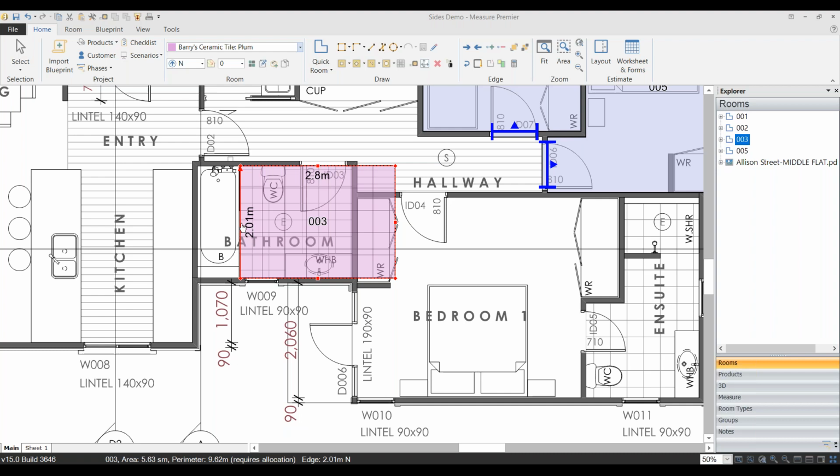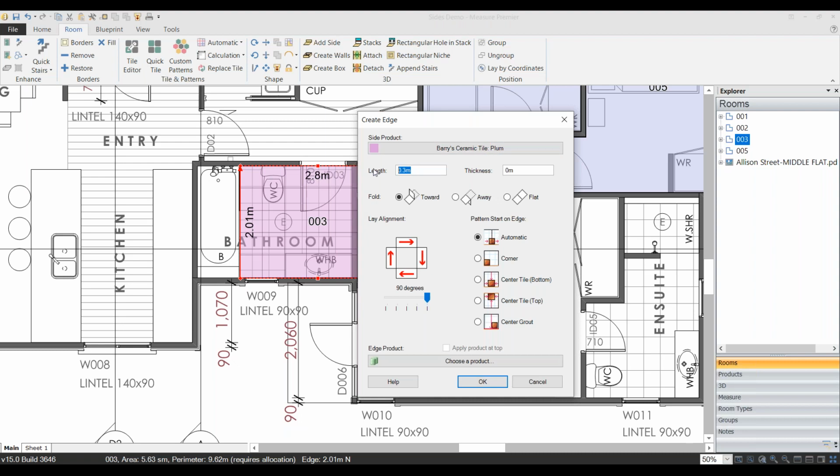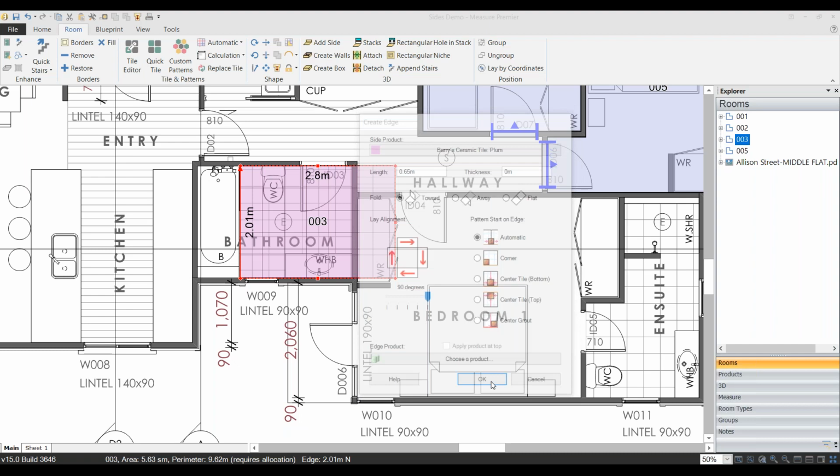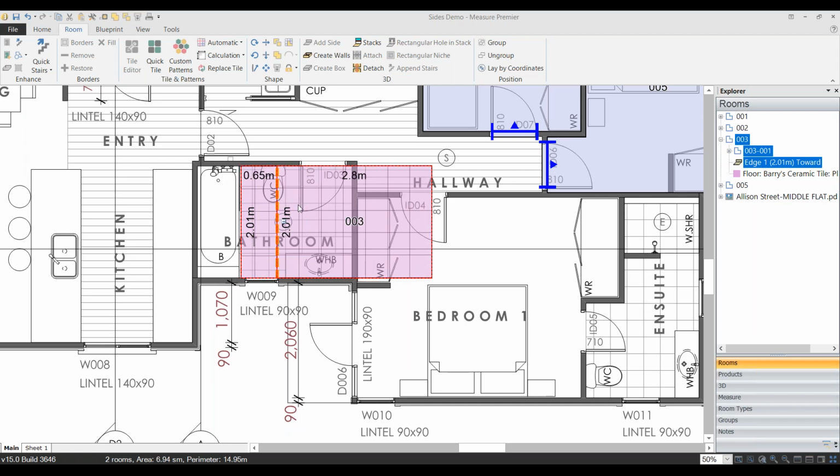So if we select that wall, go back to our room tab, we add a side, and we're going to go 0.65, and we want this to fold towards, so it's going to come up from the floor. We hit OK. So this is the vertical section. Now, if we just select both those, what are effectively rooms now, and we just move that along to there,